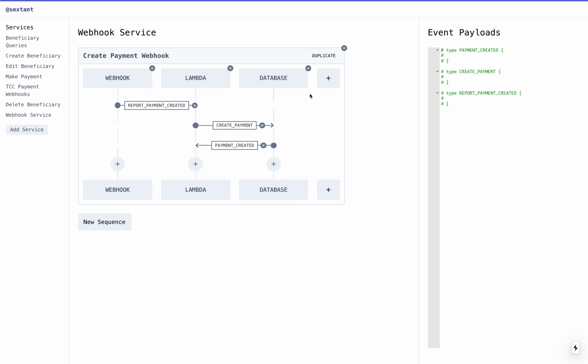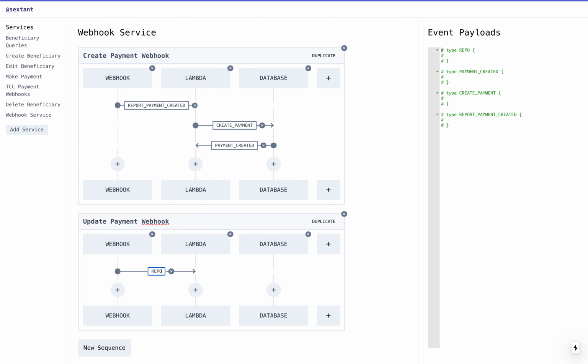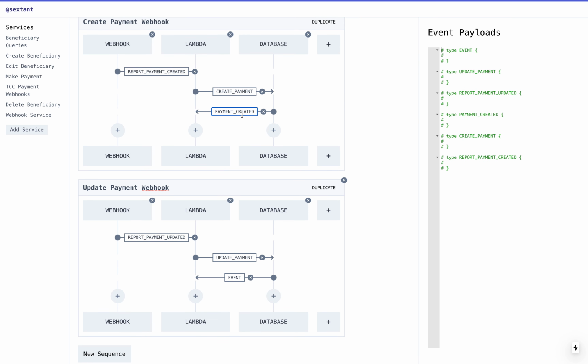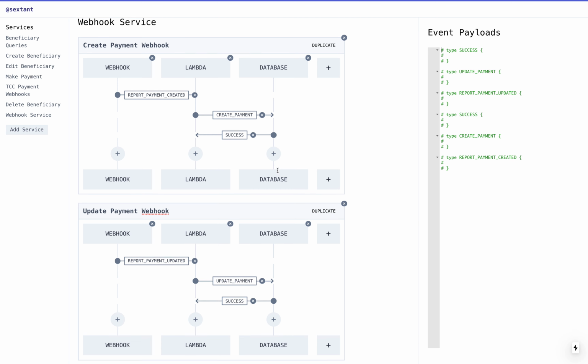Okay, feels good. There's something else we need to take into account, which is that there's also the update payment webhook. Let's add that. So the webhook again, report payment updated, Lambda goes to the database, update payment, and the database comes back to the Lambda, and let's just make this into a generic success response. Okay, that looks good. Now I'm going to go over to my VS Code because this little thing has been